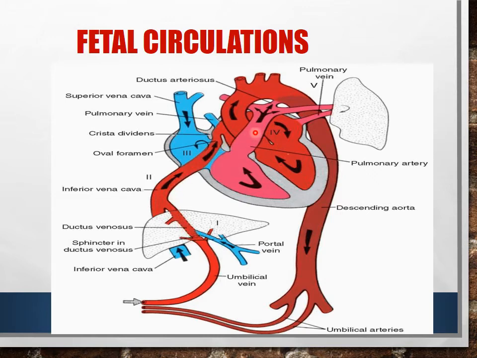Then there is the ductus arteriosus. The ductus arteriosus is the channel between the left pulmonary artery and the arch of the aorta. You have appreciated the ductus arteriosus, which is very important during development of the heart. In the development of the right atrium, you have seen there is the foramen ovale. So these three important channels, the ductus arteriosus, the ductus venosus, and the foramen ovale, are present in fetal life.